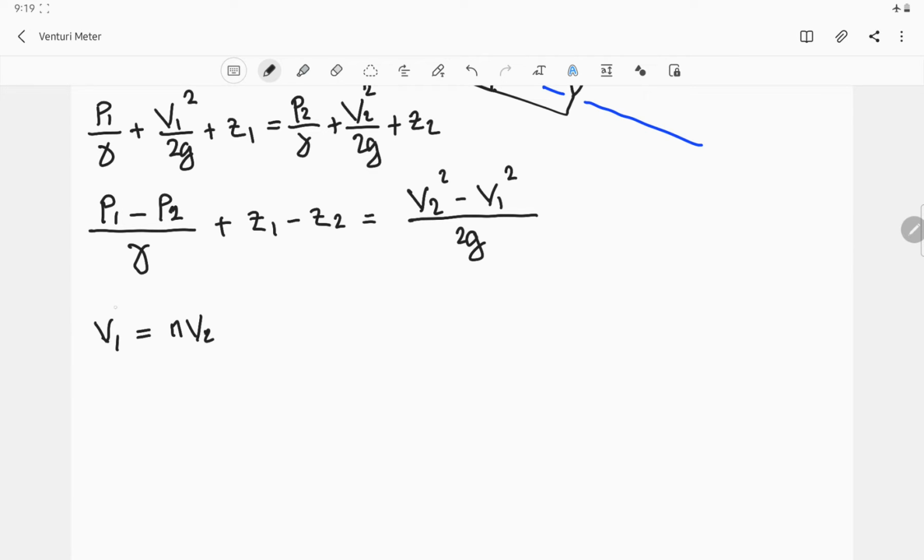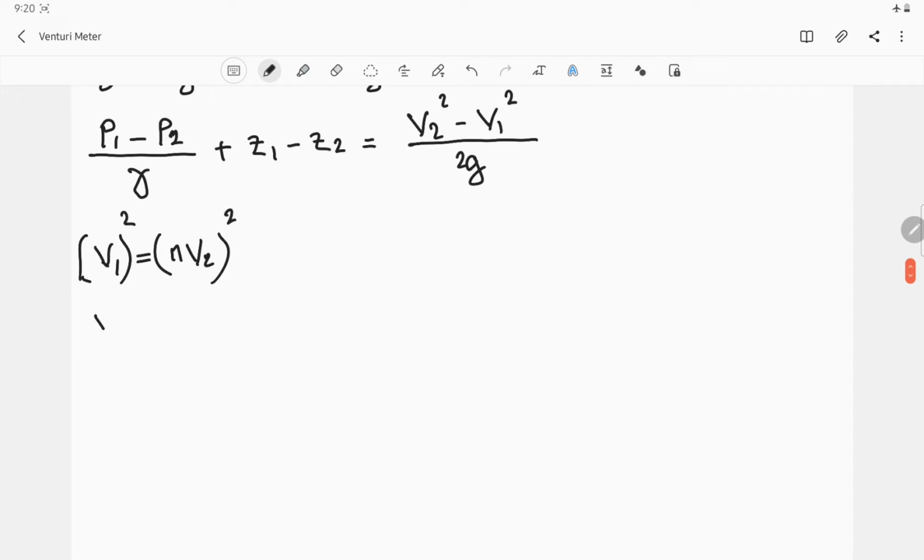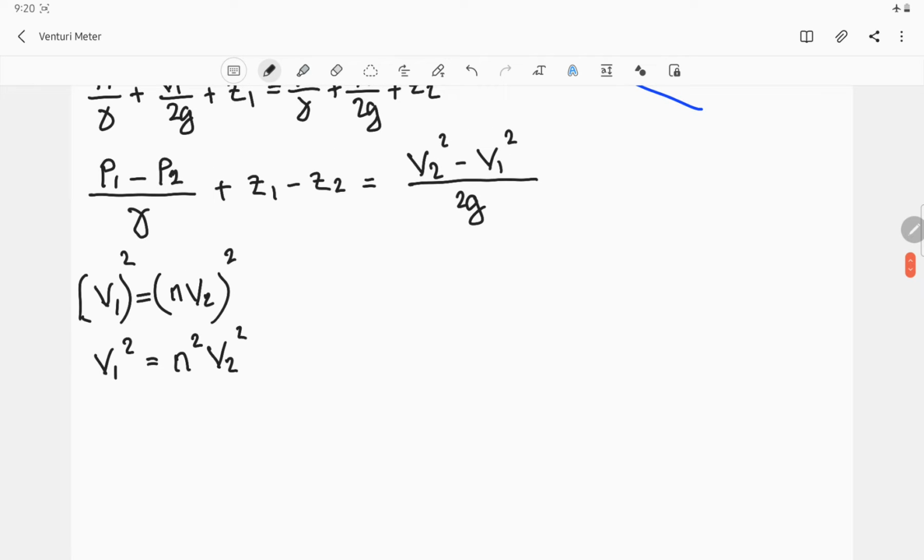So squaring the two, we have V1 squared equals N squared V2 squared. Okay, substituting V1 in terms of N squared,